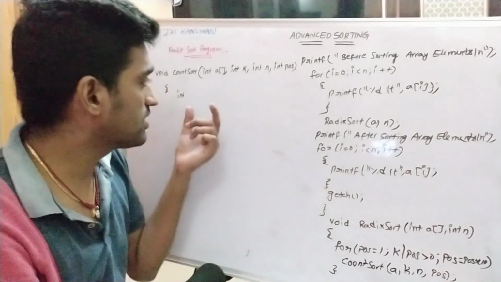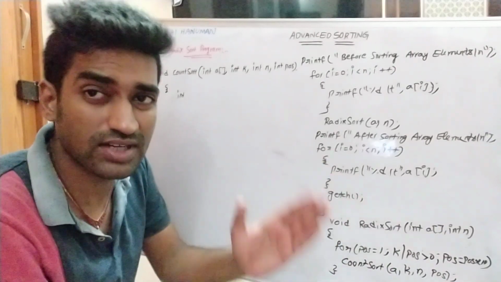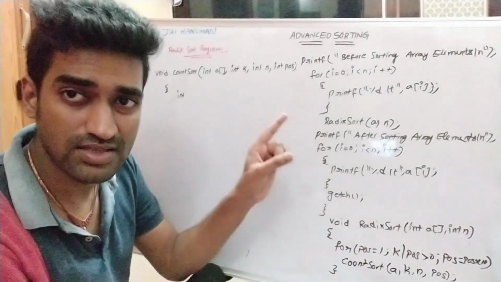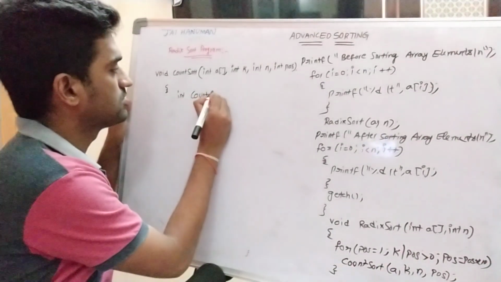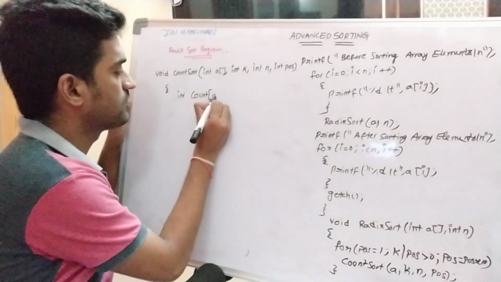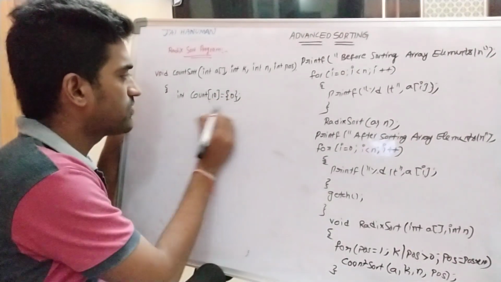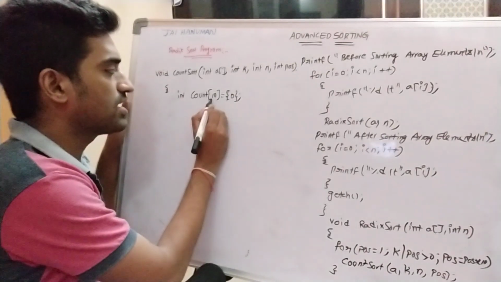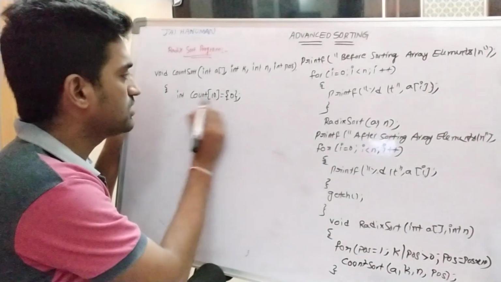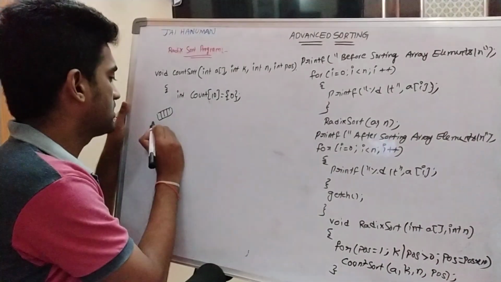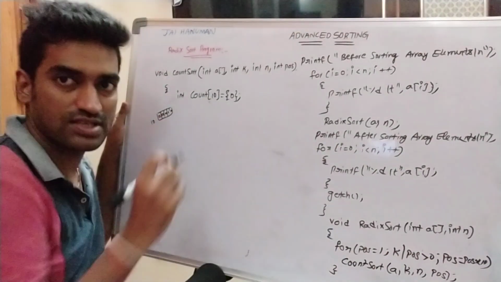So that's why the count array is taken from 0 to k, so k plus 1 locations, that is 0 to 9, 9 plus 1, 10 locations. So for that purpose, int count of n equal to 0. This is also a valid initialization in C language. Why? Because array index always starts from 0. Once we initialize the array, the number of elements is 10, the initial value is 0, and the remaining elements are also stored with 0 values, right?